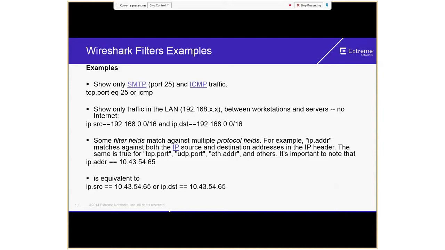For example, if you want to see only SMTP port 25 and ICMP traffic, this would be the filter that you will use: tcp.port eq 25 or icmp.